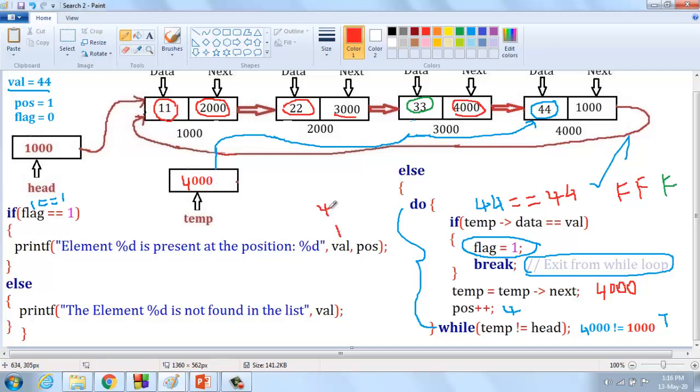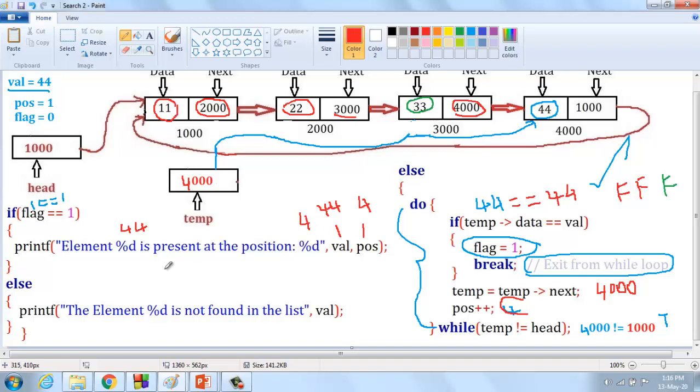The search element is 44, and then the position is, what is the position value? This is the position value, and the position value is 4. The element 44 is present at the position 4. Like that, it is going to print the output.